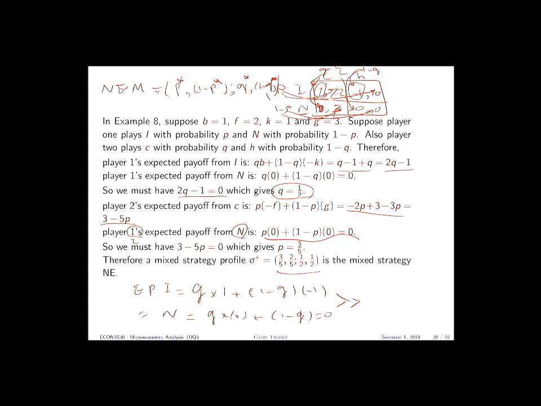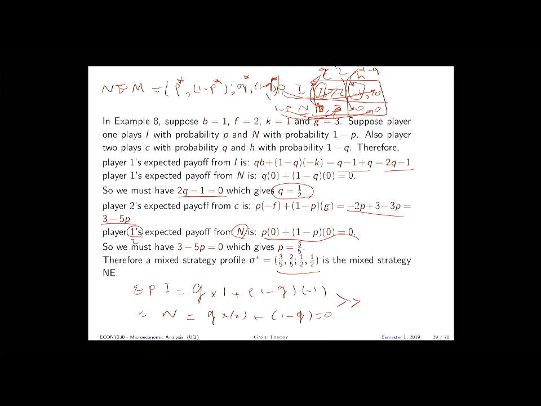Our purpose is not just to simply make things hard for you. Our purpose is to make sure that you understand the stuff, okay? So therefore, in the worst case scenario in problem sets, we may go with 3 actions. And if there are 3 actions, then you need to do things twice. What does that mean? It means that you need to find the expectation from the first strategy, second and third, and once first and second equal, once second and third equal, and once first and third equal, because now you